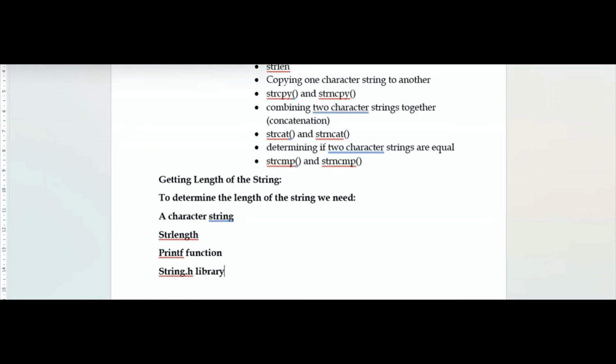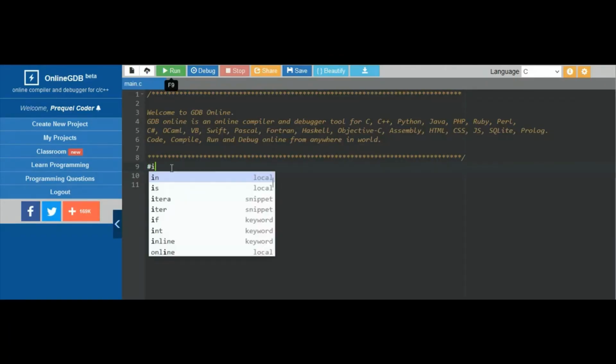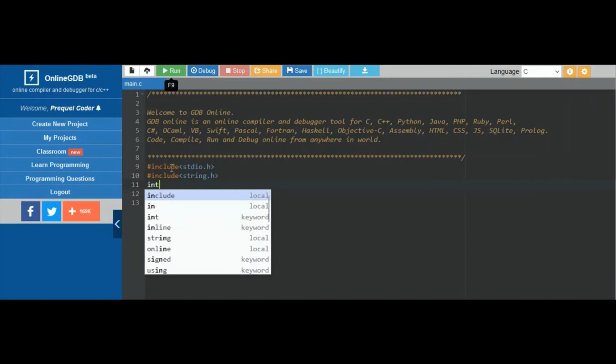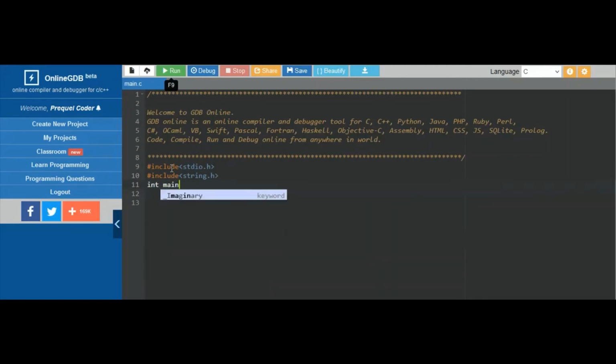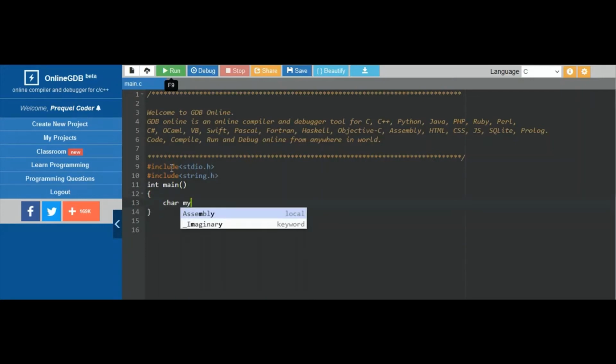So let us go to the compiler and get the code run. Here we are in the compiler, where we first need to get ready with the basic skeleton of the code, where it will be hash include stdio.h, hash include string.h. As I have said, string.h is going to hold all the required library files for the string length. Now let us declare a character my string, which is an array, that is going to hold